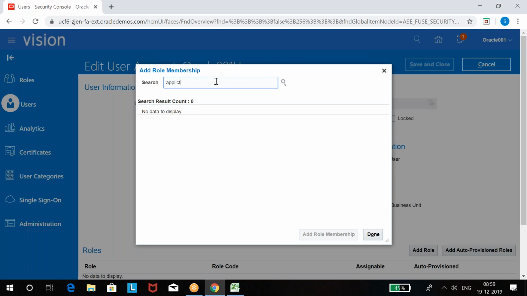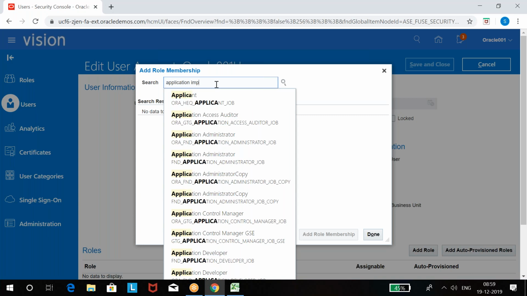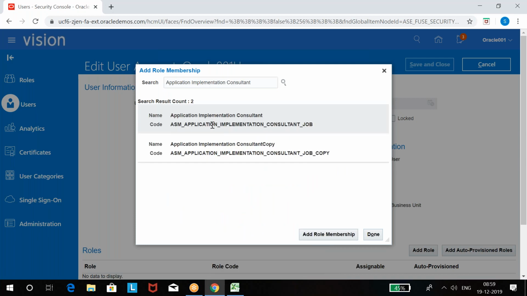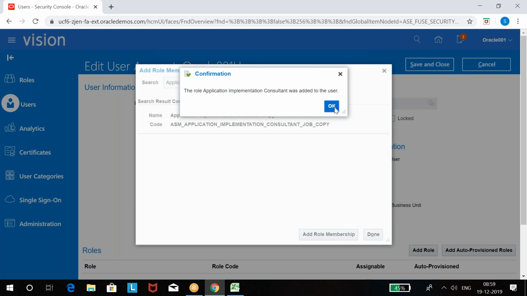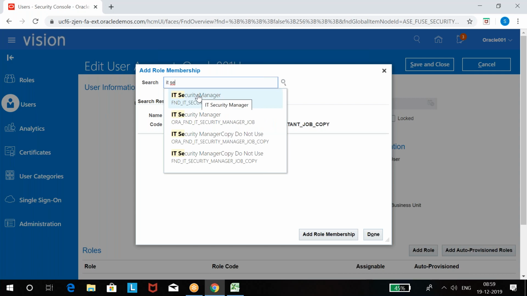First we will assign implementation related job roles. Application implementation consultant. Okay. So application implementation consultant, select this job role. Next, IT security manager.